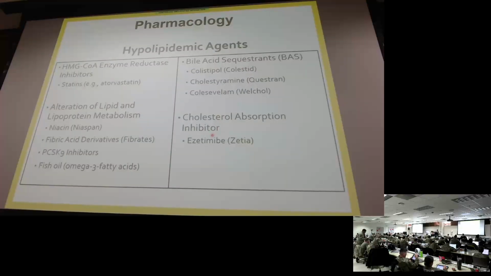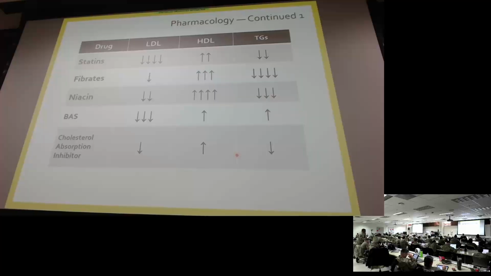And then your CAI, which is your ezetimibe that we kept saying, like, hey, if my statins aren't working or if I'm still not getting to goal, how can I bump them a little bit over the edge? And that's your ezetimibe or your Zetia, okay? Now, this chart is a very helpful chart because it helps you know which drugs are targeting which